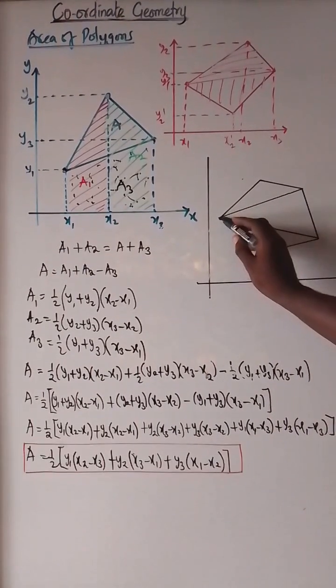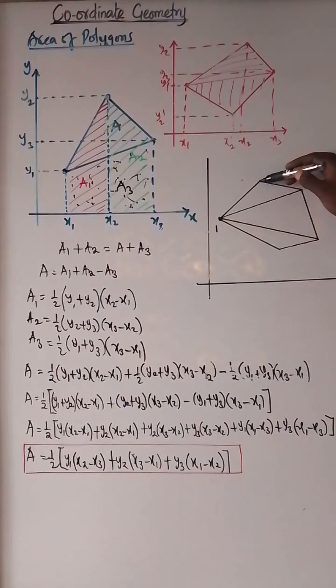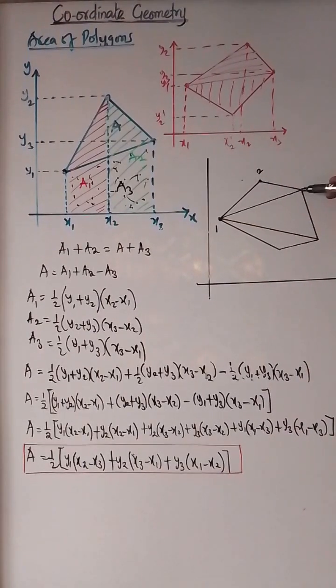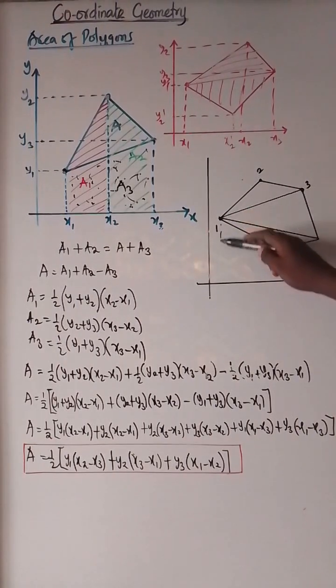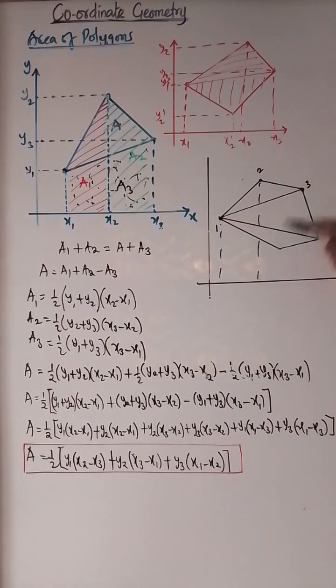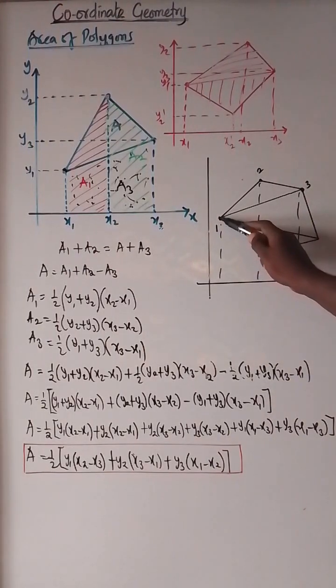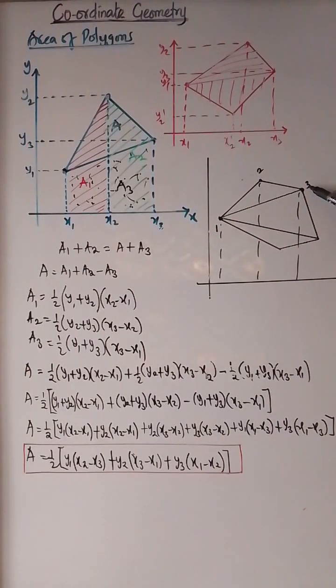So these are point 1, these are point 2, these are point 3. We are going to get the area of the first triangle using this coordinate under x, same goes for y. Then also for the second triangle, these are point 1, this point 3 now becomes our point 2, this will be the new point 3. And this one will be